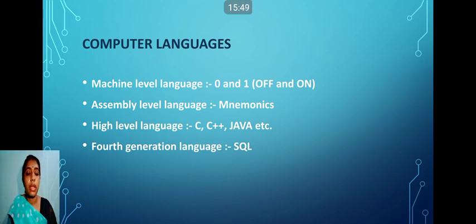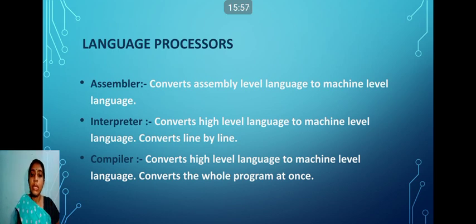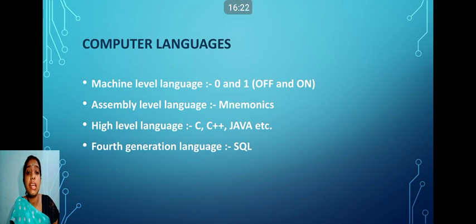Now as language is concerned, what is language actually? Language is actually a method or a means by which you can communicate your thing to the person to whom you are talking. So here, as we are talking about computer, we are talking to our computer. Yes, we want to communicate with the computer. We want to give instructions to the computer. So we have seen how many languages there were. Machine level language, directly understood.